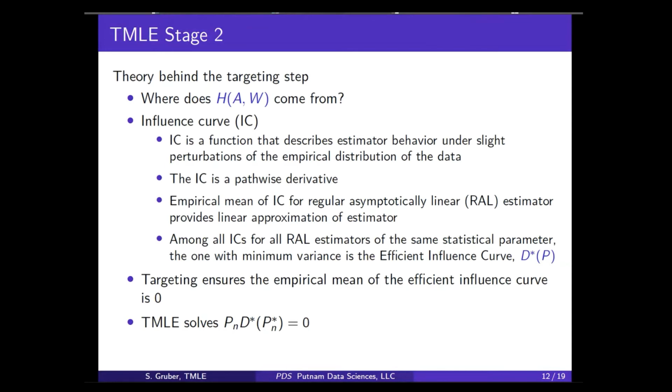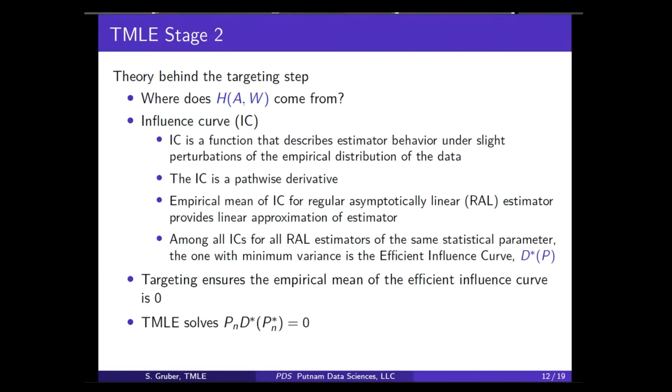But if you add somebody who's much taller than the mean, your estimate of the mean will go up. If you add someone who's much smaller, your estimate of the mean will go down. So where you add them determines the effect it has on the thing you're estimating, the estimand. That's what the influence curve is. It just describes how large of a change a little change in the empirical distribution has on the thing you're estimating. So that's the influence curve.